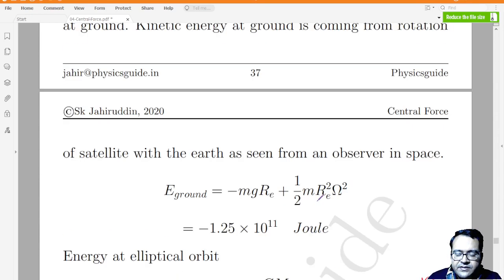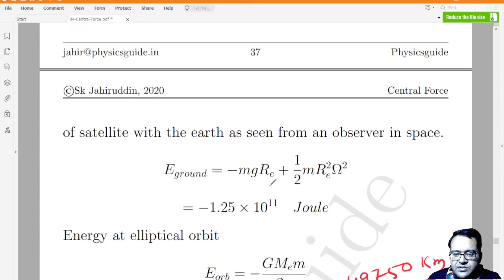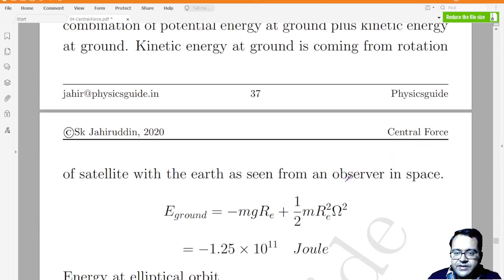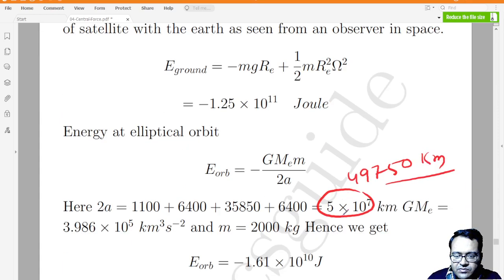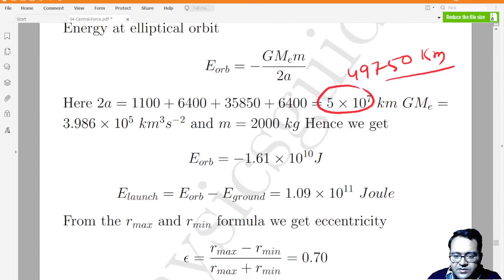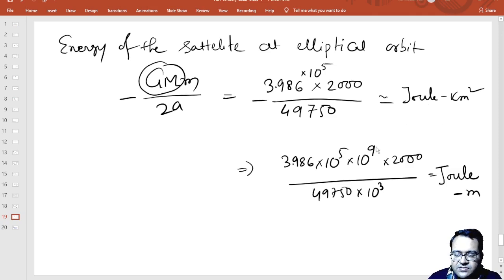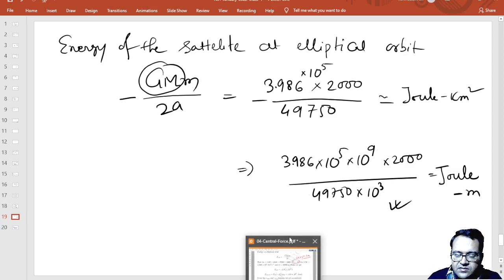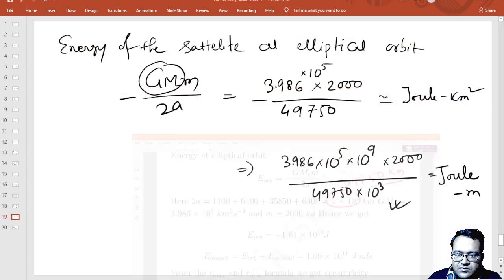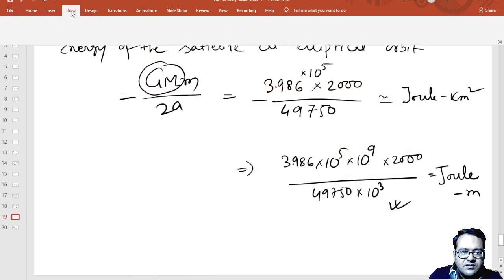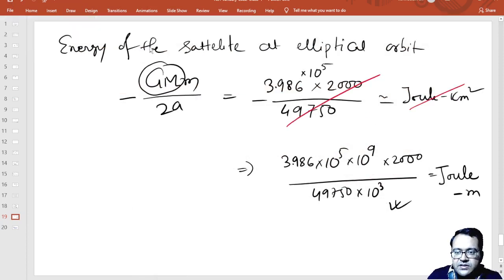And energy at the orbit is minus mgr plus half of m r square omega square, that is L square by 2m r square, so that is joule. So we don't do this, do this only. So this was cube and this was kilometer, so that is not good. Okay, don't do it. I go in this way,